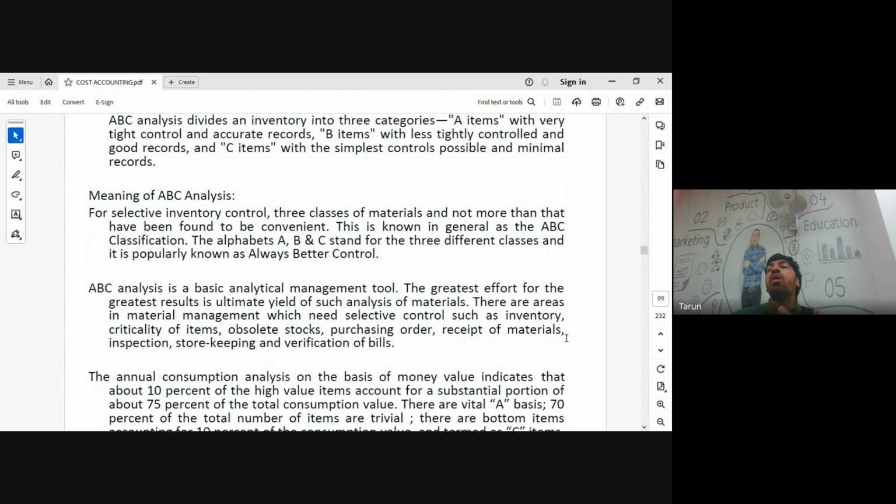Once you analyze the items on these parameters, this technique is helpful to analyze and maintain the quality of the items. Next one is,